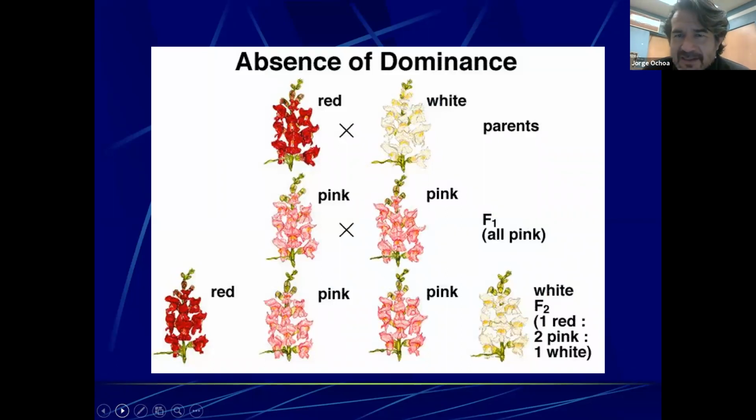And then as time went by, the work with genetics kept on getting better and better. And so certain plants were found to have zero dominance. So they have no genetics that is dominant. So when you take, for example, a snapdragon, and you take the red and cross it with a white, then your first generation is going to have all pink. So not red like the previous one. And then when you take the F1 generation and cross them, then your F2, your second generation, is going to have an assortment of different colors. So certain plants decided not to have the genetic trait that is going to be dominant.